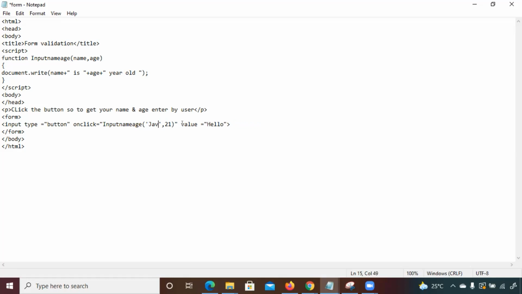Let's pass any name, programming, right? So programming I'm passing. For age, let me take 25. So these two values I'm passing here. If you see here, what is the format of this? Input type is what? Button. The button will perform internally. Does anyone have a question?